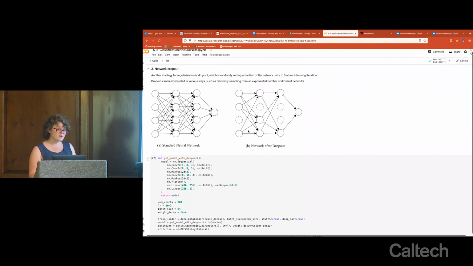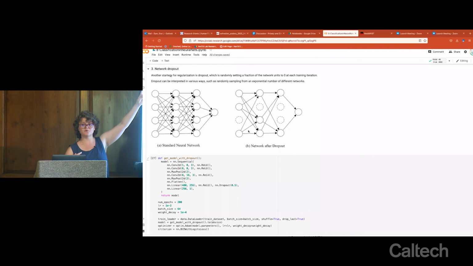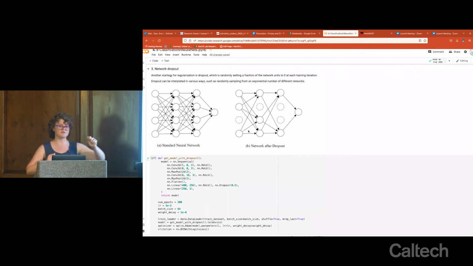And then the third class, which is very widely used and can be very powerful, is network dropout. Before I was talking about dropping out the activity of neurons, and that was dropout in our input. But another thing we can do is drop out neurons within our network, within a layer, with some random probability. What that does is it makes sure that we don't overfit too hard to one node carrying all the information,